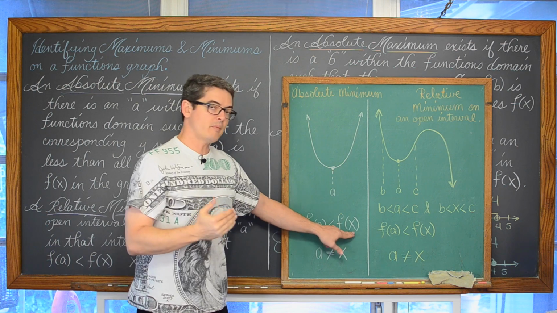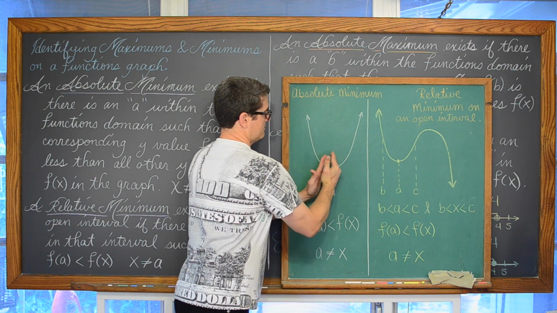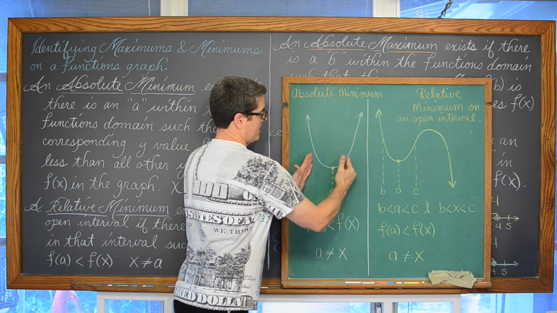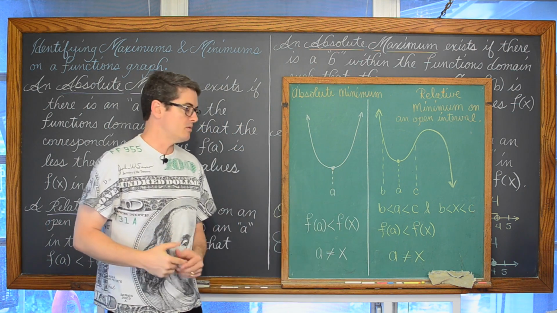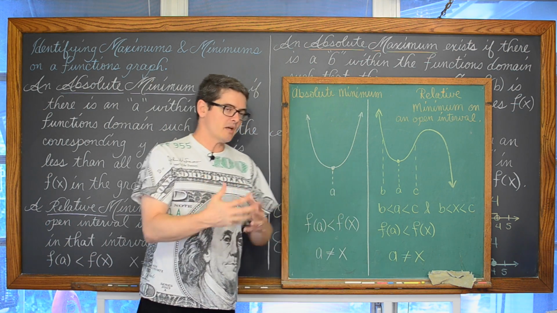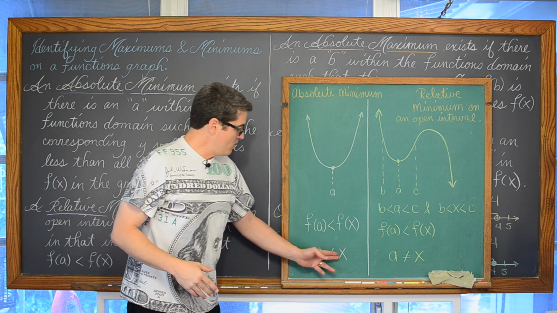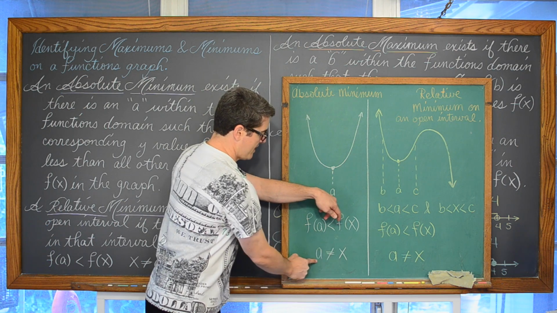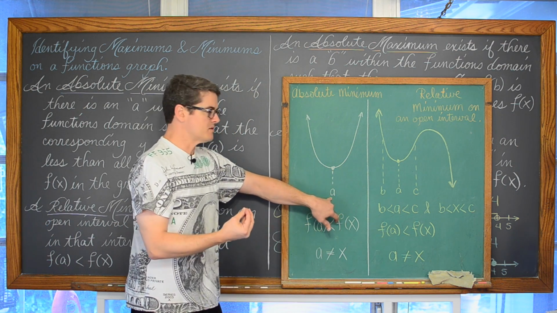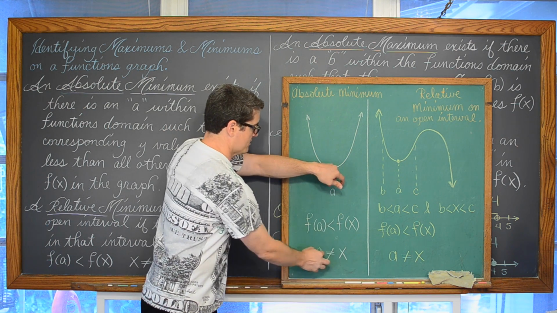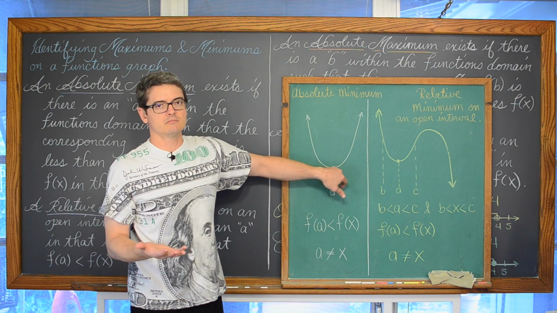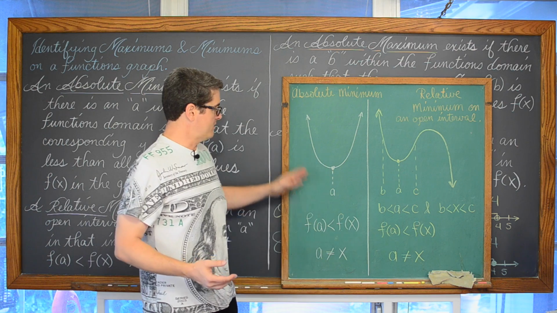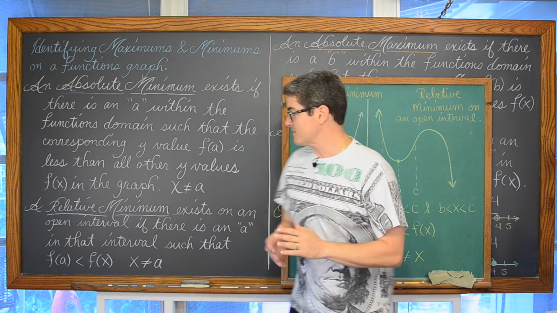And of course, domain is, again, that horizontal movement along the x-axis, or any x value that you can plug into the function and get some kind of real output. And if a was equal to x, since a is an x coordinate, if a and x were representing the same numerical value, and they can't because they're different letters, you'd be looking at the same point, right? And we're looking for that absolute lowest y value that's included within the graph. So I hope that makes sense.